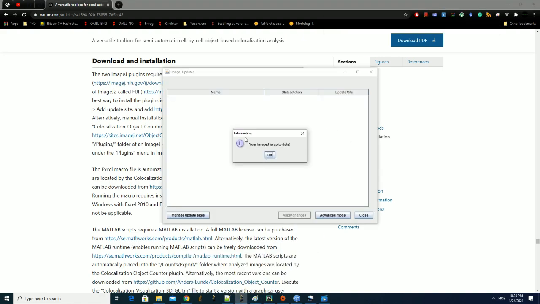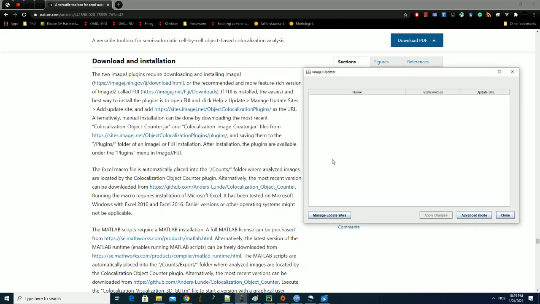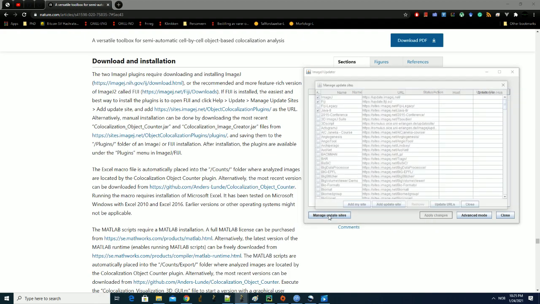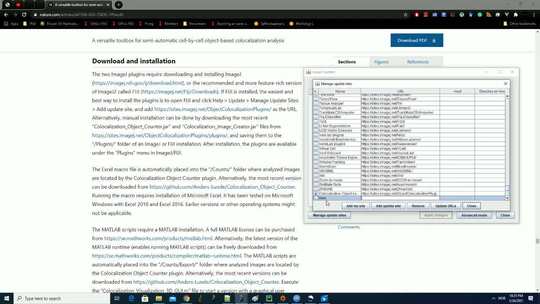And then this update menu comes in, and here we have to add a new